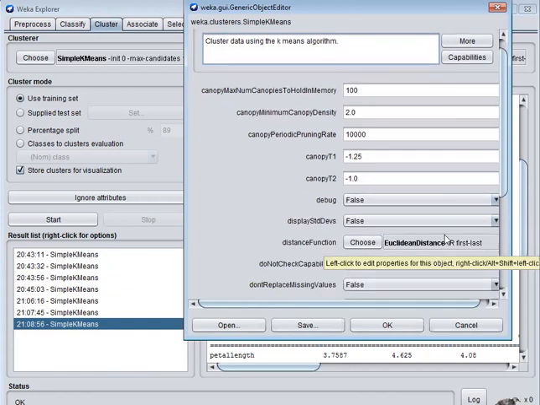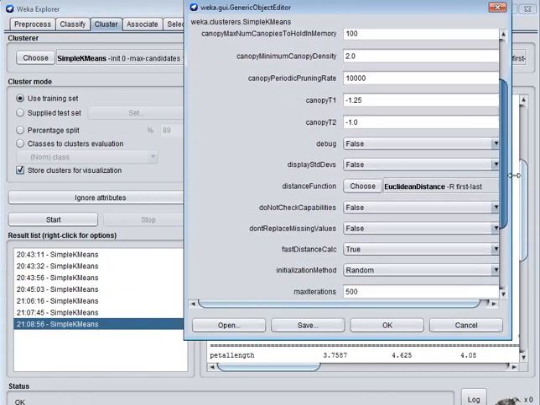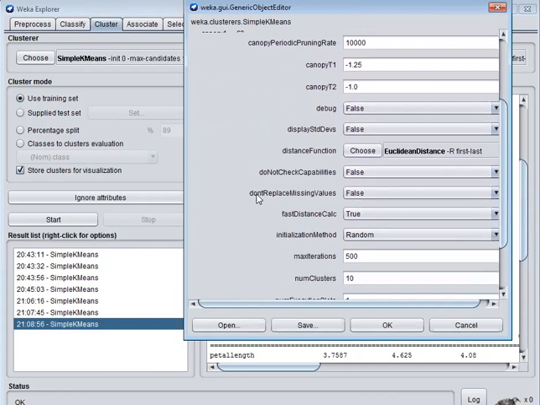If we want to replace the missing values, we have to set it. Here the label denotes don't replace missing values, so it contains false, because the unwanted values are removed automatically.